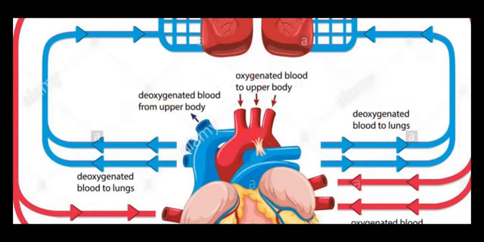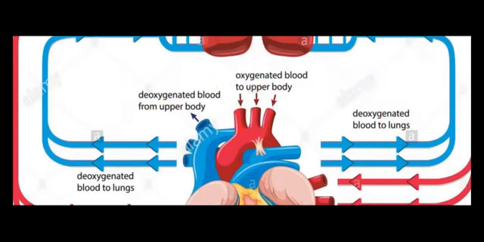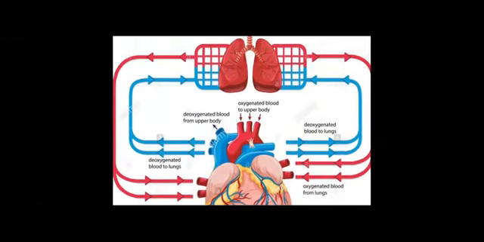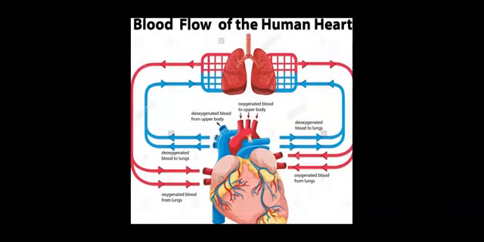All right. So again, look at the overall structure of the flow of the blood. This vena cava carries the deoxygenated blood from the upper body part. See, this vena cava is carrying deoxygenated blood from the upper body part, not only from the lungs, children.